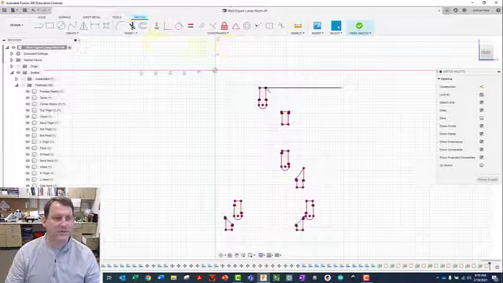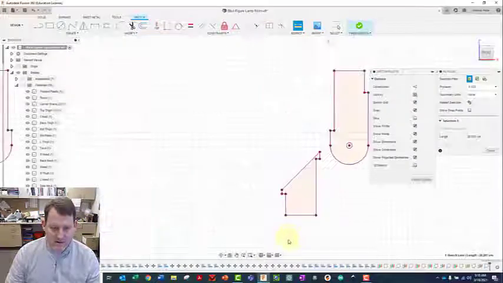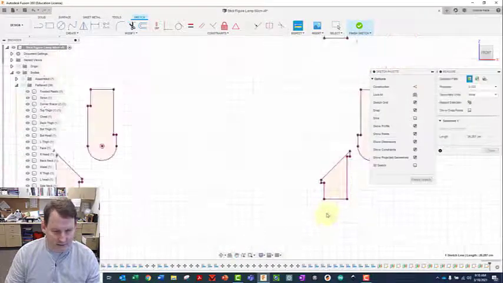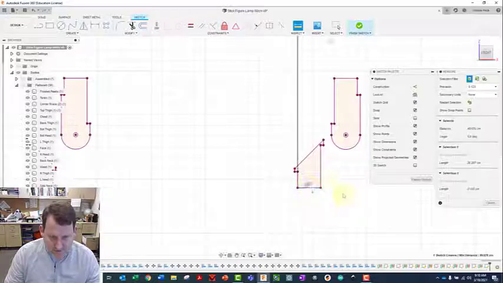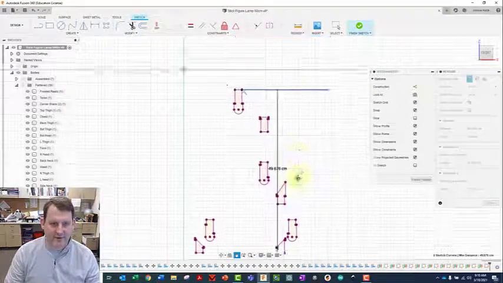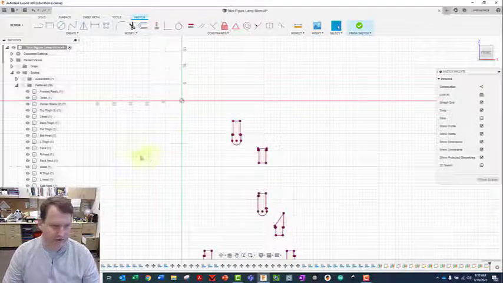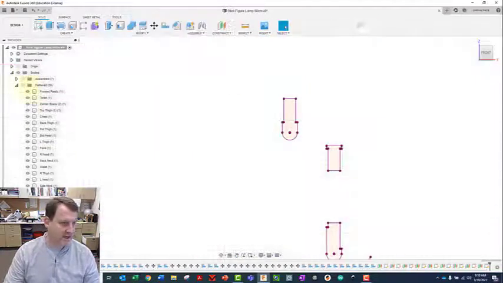Escape out of the rest of the tool. And then go to the measure and just click here. I'm going to make sure again. Yep, this one's still the lowest one. And same value, so that's good. I'm going to close out of that tool, delete the line I drew, finish the sketch,